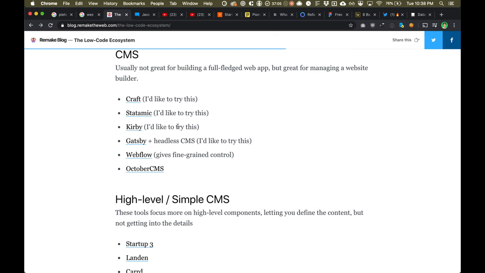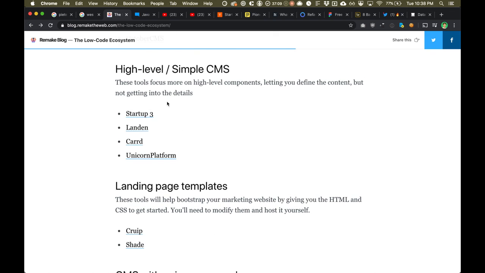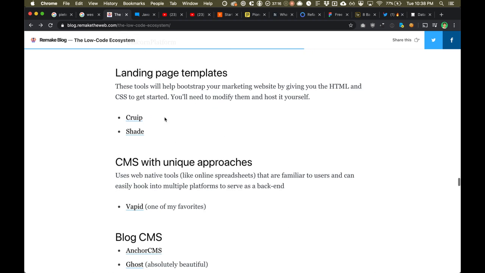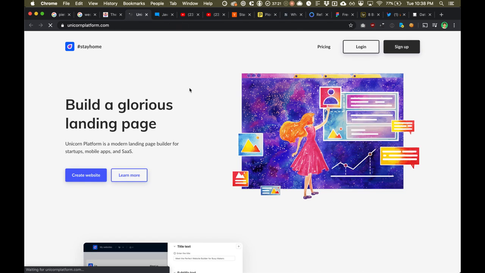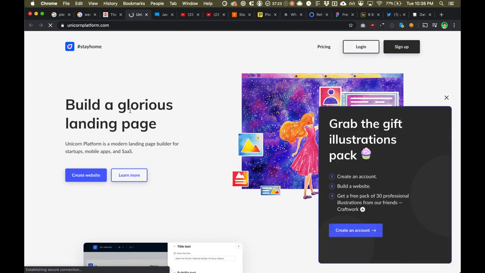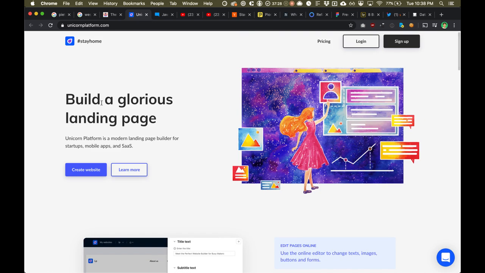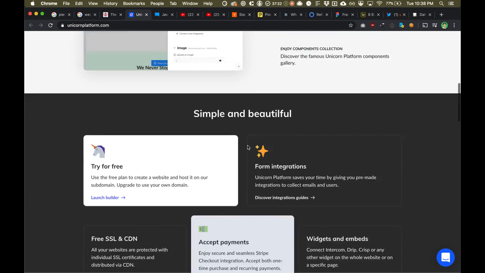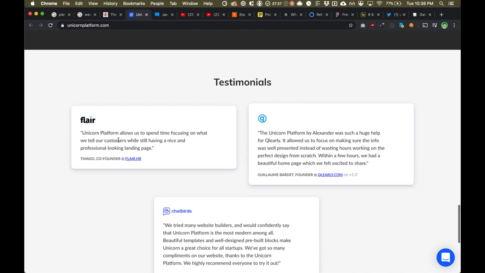But honestly, if you're launching a startup, come to this blog post, go to one of these landing page template builders. Actually, Unicorn Platform is a great place. You can just go here, build a landing page for your product, and start testing out if this is going to resonate with people. Just make a headline for your product, add a few feature images, and just start talking about it.